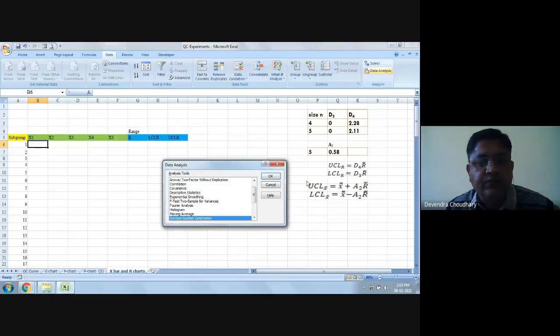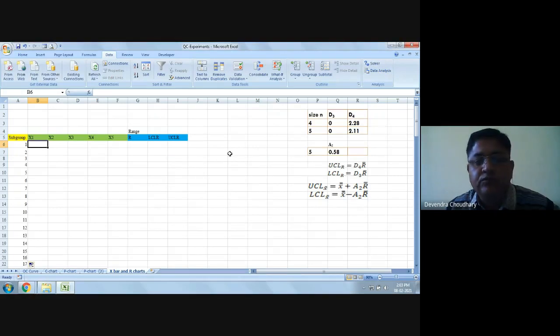In this session, we will learn how to plot R chart and X bar chart. You know, R chart and X bar chart are plotted for variable quality characteristics, that is, a quality characteristic which can be measured with the help of instruments, and it will vary as a matter of chance, and it usually follows normal distribution. So before plotting our chart,